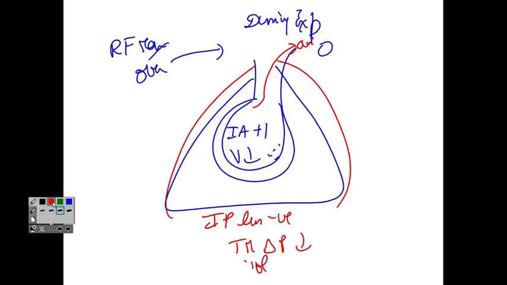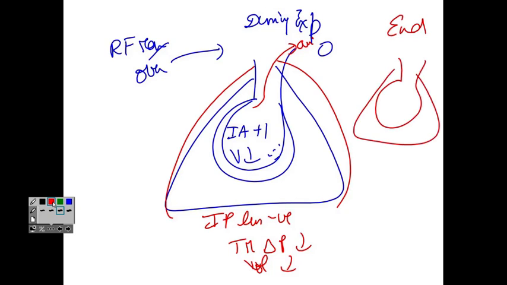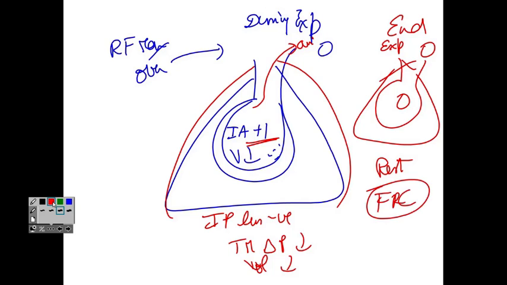As air leaves, volume will decrease. So as the air physically leaves, gas molecules are fewer. So from +1, collision will be less, and the intraalveolar pressure goes back to 0. That will end the expiration. And by then everything else goes back to rest. Lung volume goes back to FRC. So that's pretty much the normal breathing cycle.